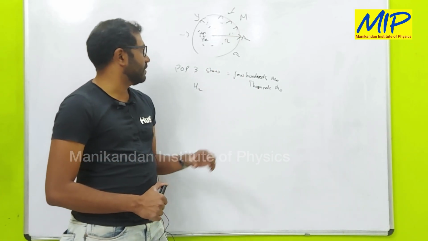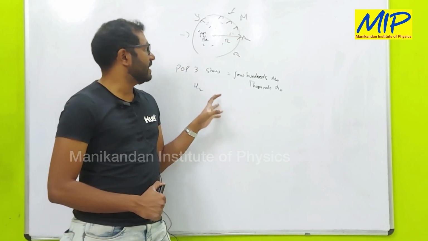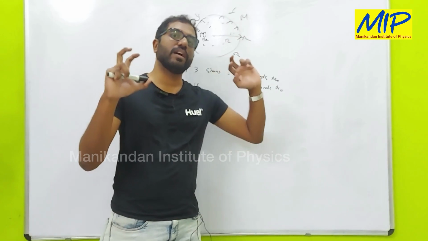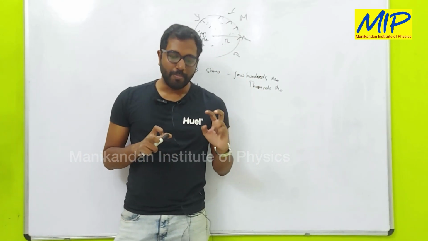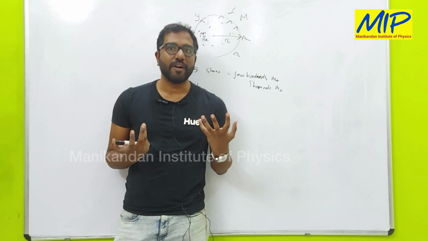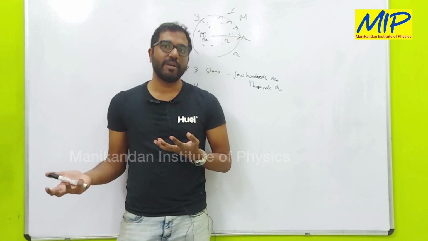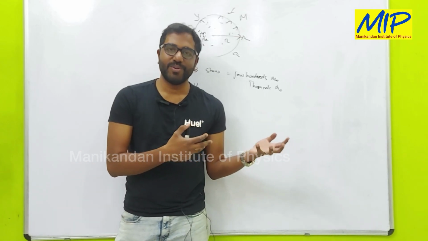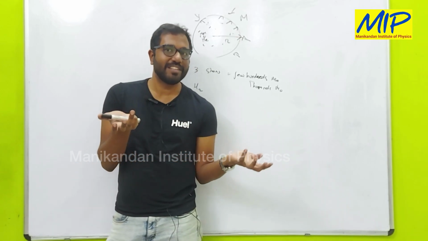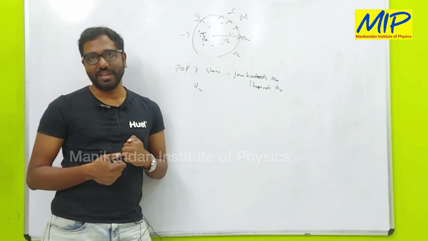But I just wanted to leave you with what POP3 stars are, how they form, and these POP3 stars are what we assume to be the initial stars to solve the chicken and egg problem. Because to cool, I need heavier material. To have those heavier material, I need a star. So that means a star should have formed at some point. Now our guess is POP3 stars, which should have formed through H2 cooling.